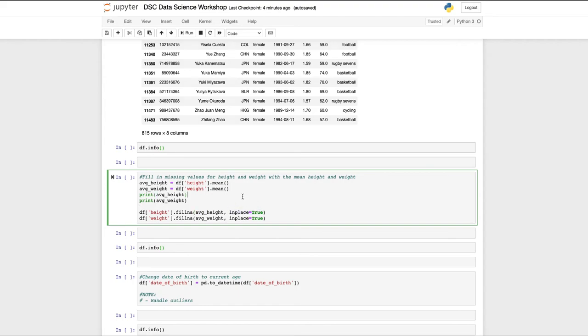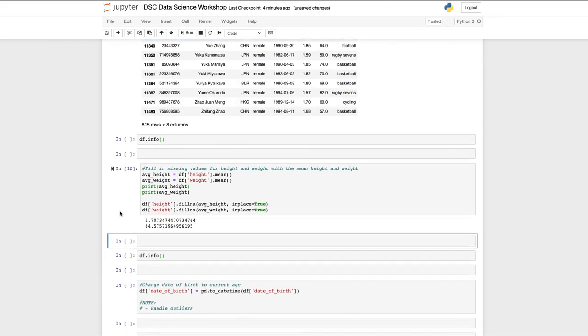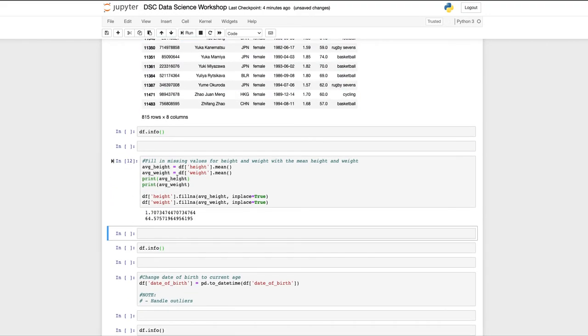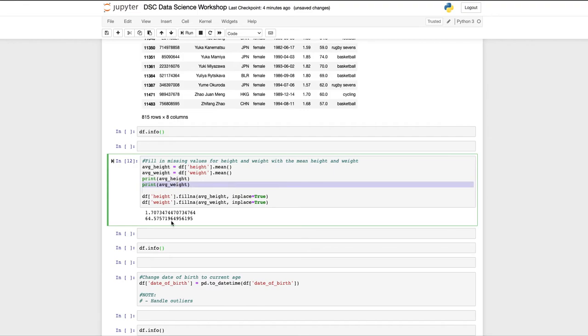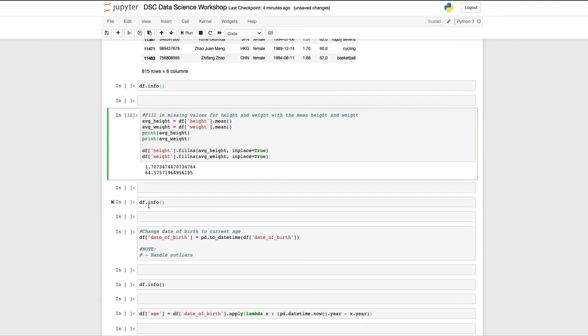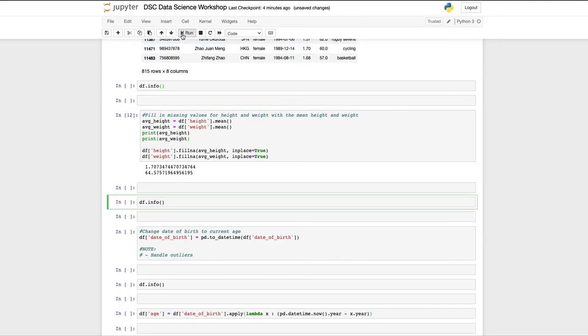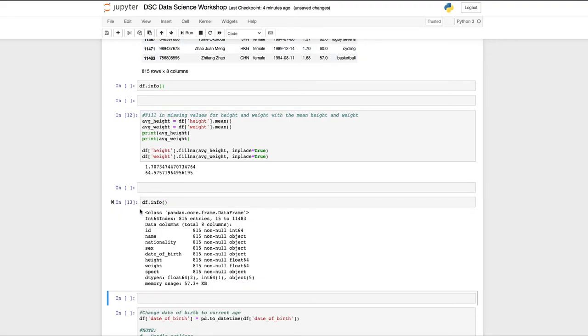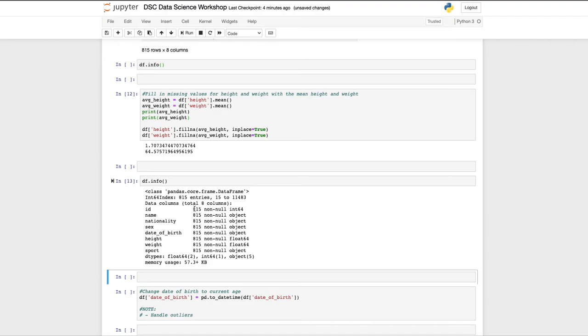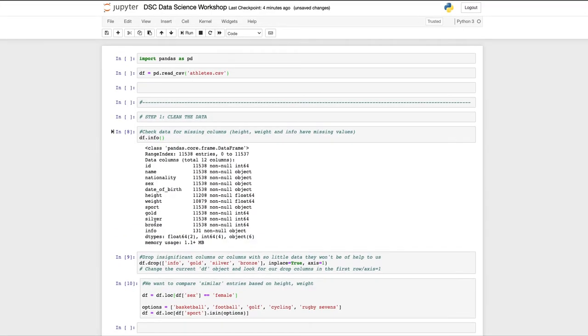It'll just be affecting the current one, which saves a lot of space. And I quickly printed out the average height and average weight just for reference, so I could see that it was doing it correctly. And let's see, we run dataframe.info, and we can see down here that everything's full. So obviously this is 815 now,